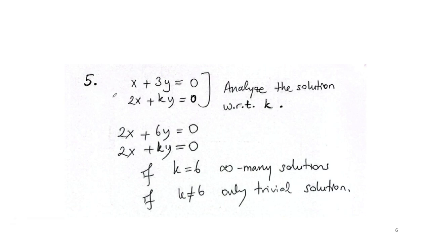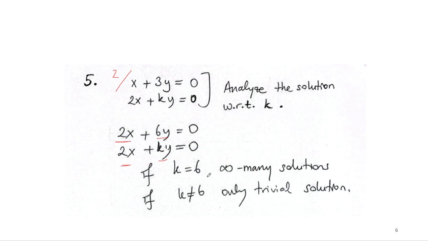Another question here. This time you want to analyze the solution with respect to potential values of k. If we look at the problem x plus 3y equals something and 2x plus ky equals 0, we can notice that these two equations seem to be very similar. If we multiply the first equation by 2, that gives us also 2x here. So this is 6 times y, k times y. So both of these equations have the 2x in common. So if the second term is also the same, then basically we will have effectively one equation and two unknown variables,